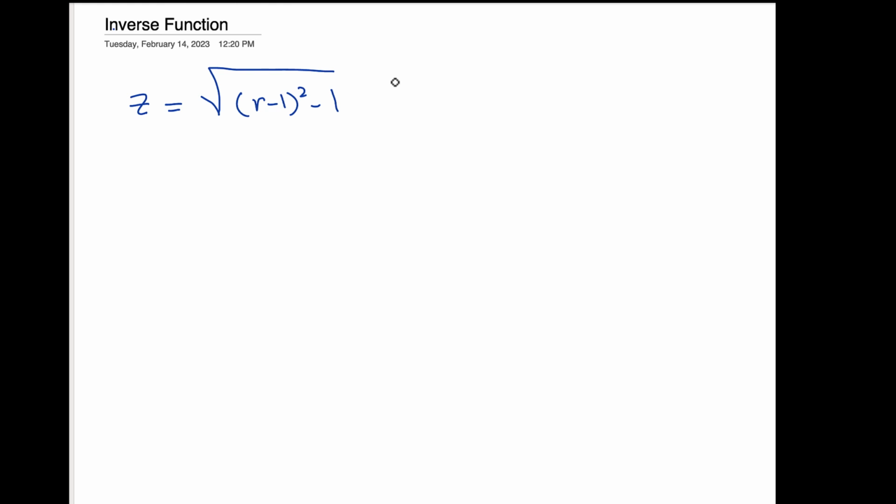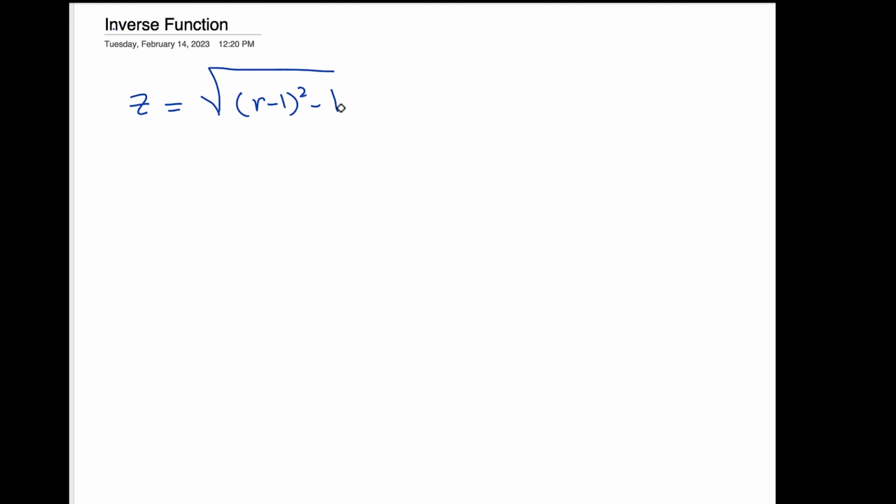So sometimes we need to solve for one variable in terms of the other and find the inverse function, basically. In here, I have z equal to the square root of (r minus 1) to the power 2 minus 1, and I want to solve for r. First of all, the way it is right now, square root of (r minus 1) to the power 2 minus 1,